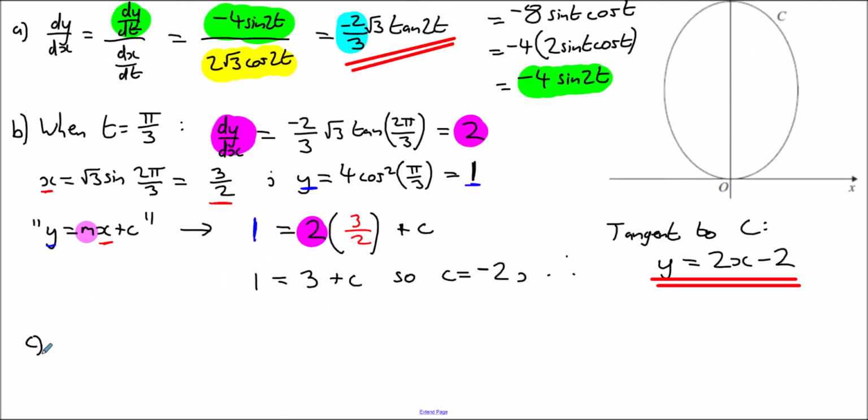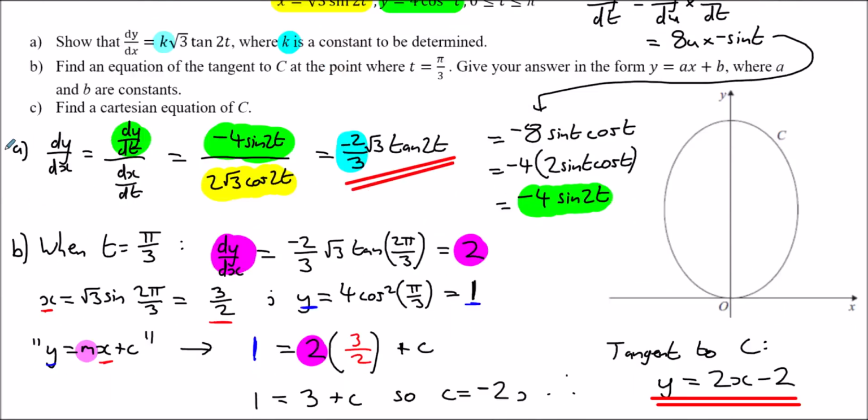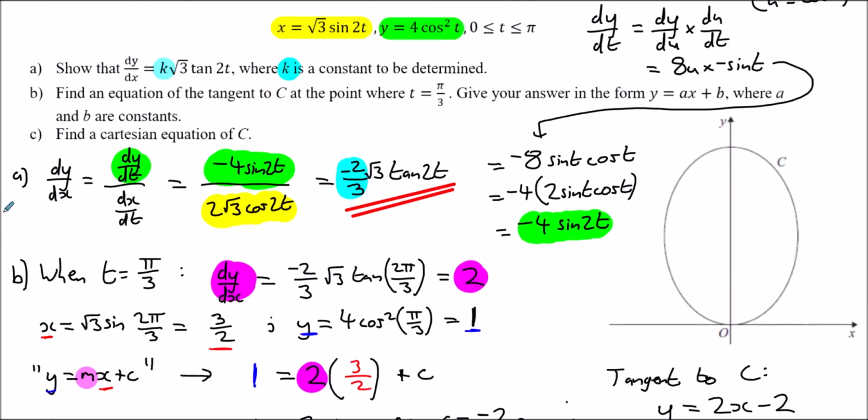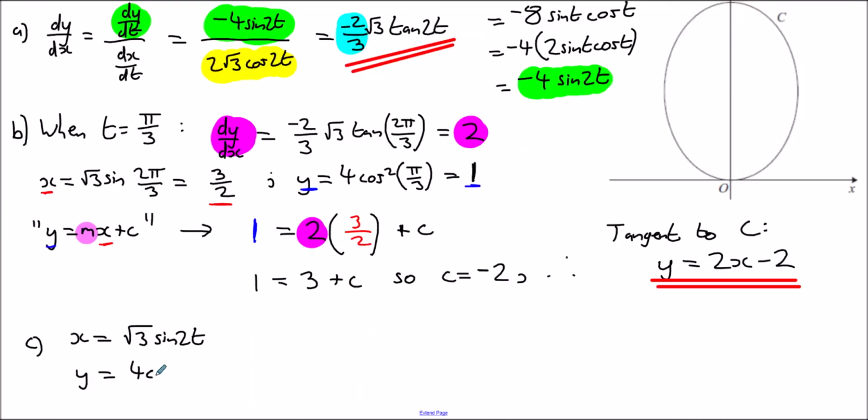So for part C, we have that x, scroll up, what was x? x is root 3 sine 2t. We have that y was 4 cos squared t. So now what we need to do is to eliminate t, so it's all in terms of just x and y. The thing to notice here is we've got sine in terms of 2t and then cos just in terms of t. So my suggestion would be to use the double angle formula here and split the sine 2t into